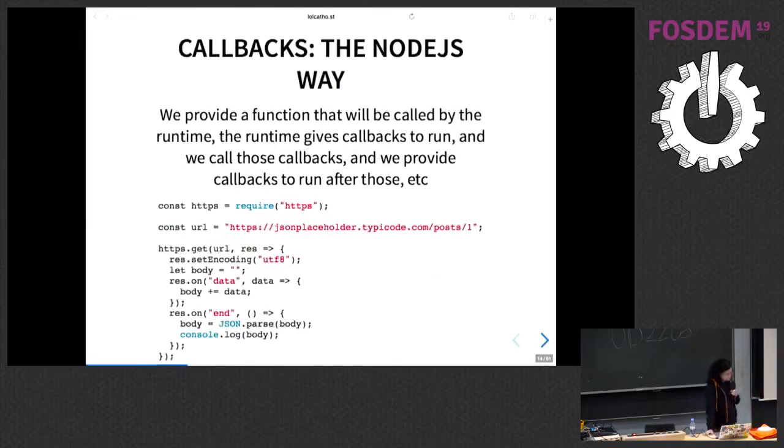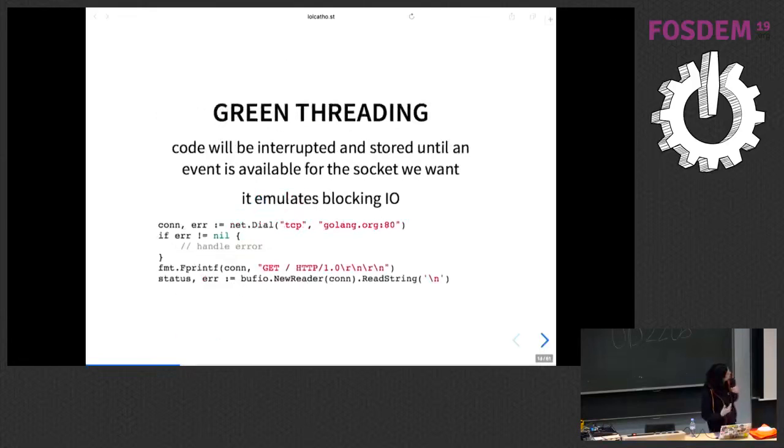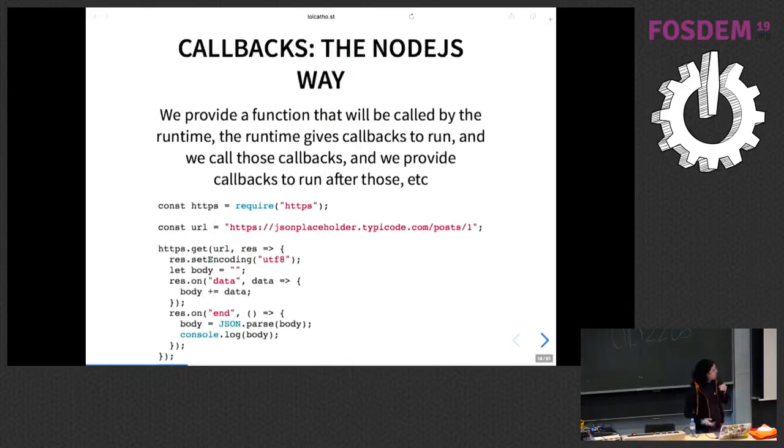There's another approach with callbacks. Node.js works a bit the same way as Golang on that, but instead of having blocking code where you call something and then the code will just be stopped, serialized somewhere, and start executing again when there's something, now you receive a callback that you call when you have something to do, and you give a function that will be called when there's data, etc. It's at the same time easy to understand and makes the workflow a bit hard to follow. So they went to an async await flavor.